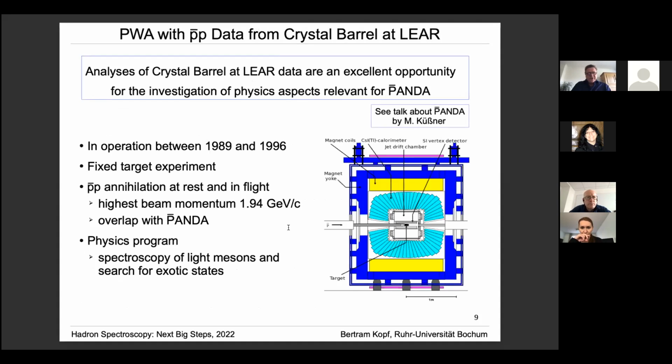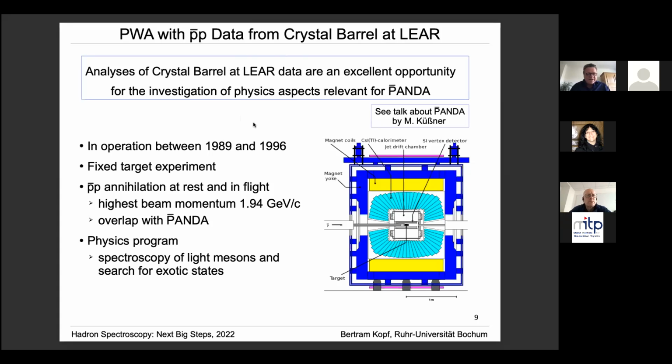Now I will come to the first analysis which we did in the past. Krishna will give a talk next Monday about the PANDA experiment, and you will also hear a bit about these investigations, also a bit more. But we have also observed some interesting additional results which I would like to present today.